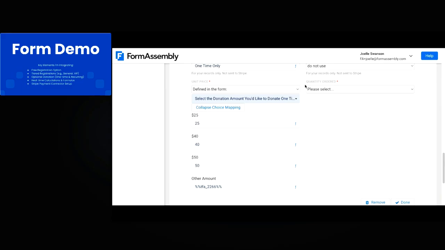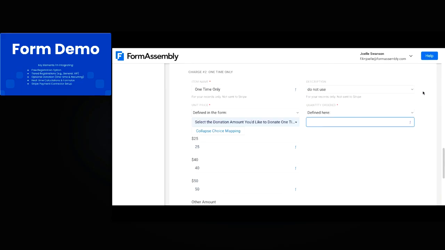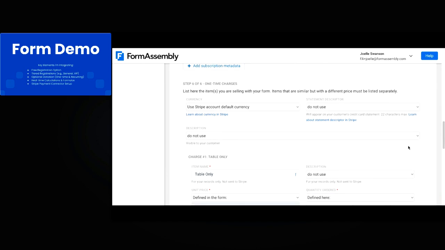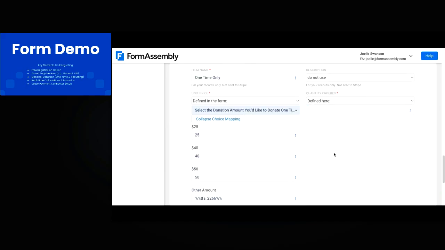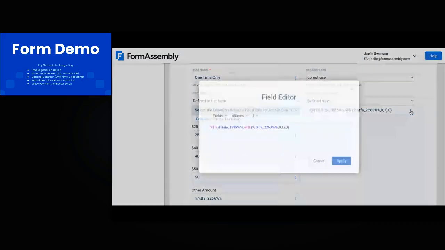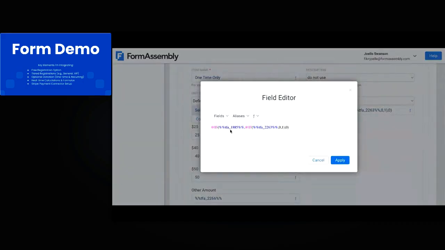Then we have the quantity ordered. We're going to define it here. And I'm actually going to come up here and just copy and paste this formula because we need this exact formula just kind of in reverse. So we'll just copy that, paste it here. I'll bump it out so it's a little bit easier for you guys to see what I'm doing. All I'm going to do is take this amount here, this 2263, move it here, and that 1885,